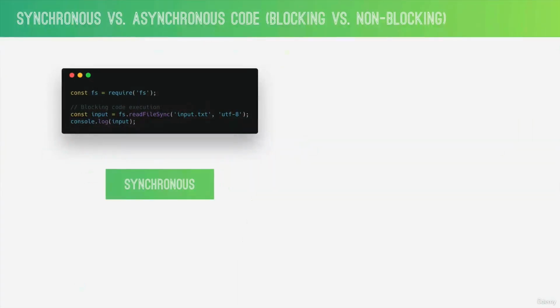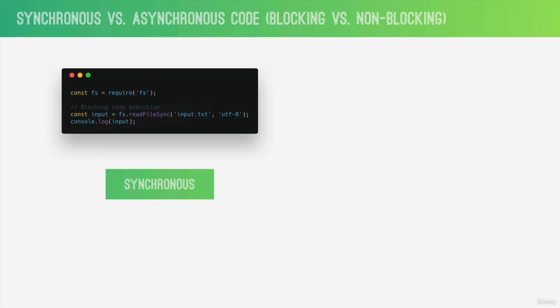So this piece of code that we wrote in our last lecture to read a file and then save its content into a variable was in a so-called synchronous way, which simply means that each statement is basically processed one after another, line by line. In this example, first the file system module is required, then the file is read, and then we log the result to the console. So you see that each line of code basically waits for the result of the previous